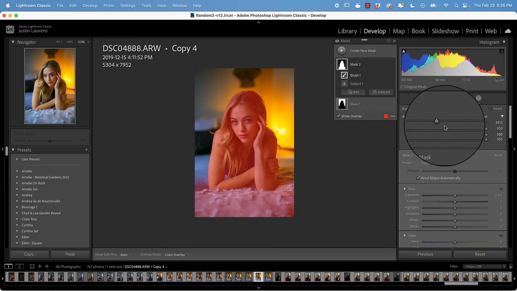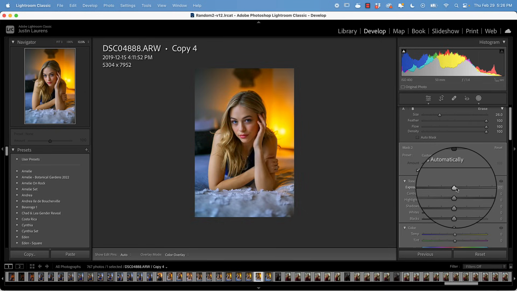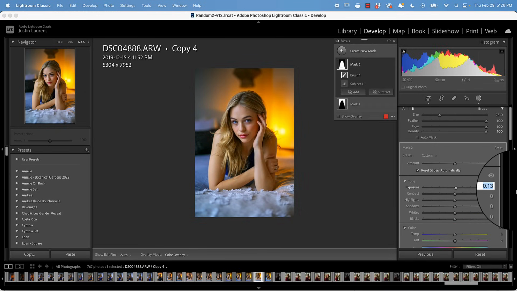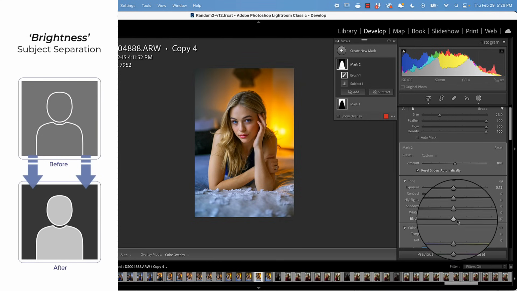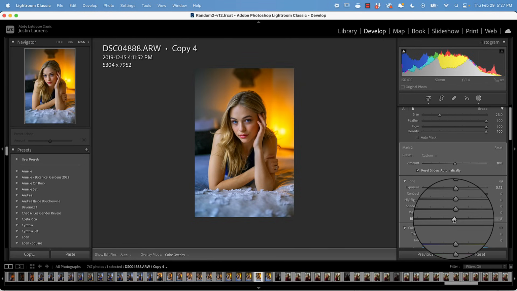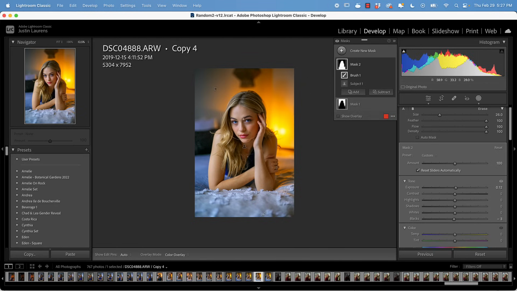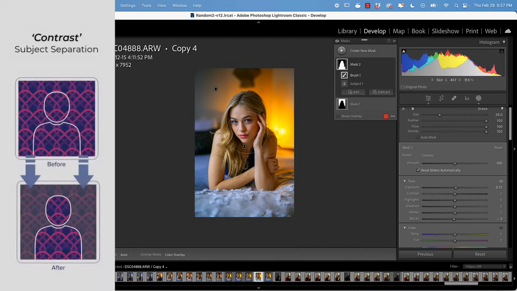The first is to increase the exposure very, very slightly to 0.12 in order to brighten our subject, make our subject stand out and more distinct from the background. I'm also going to decrease the blacks slightly, so I'm going to darken the blacks. In doing so, you're increasing the contrast in your subject ever so slightly, thus taking advantage of the contrast subject